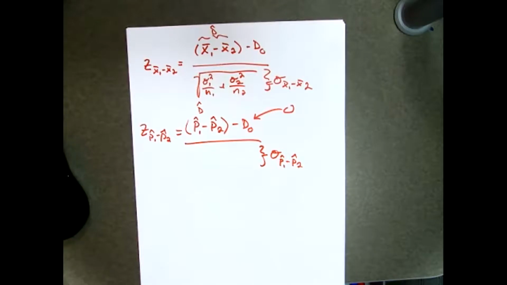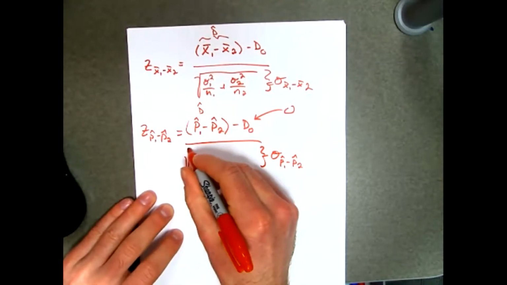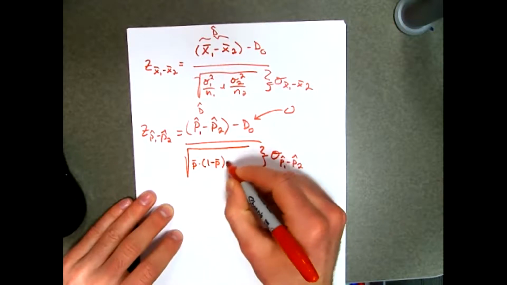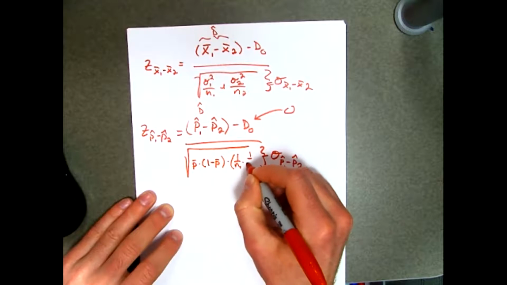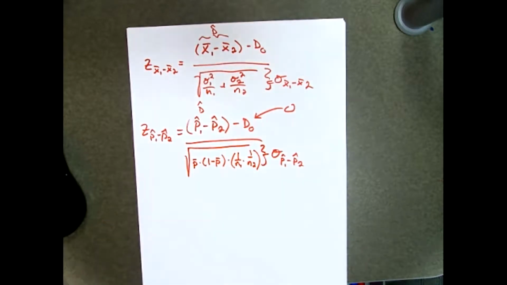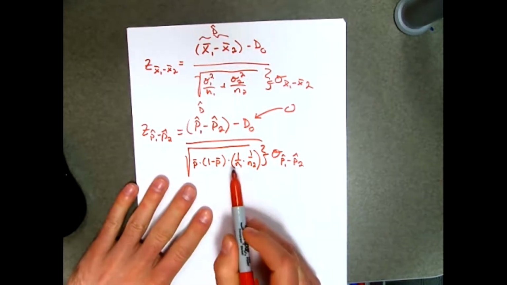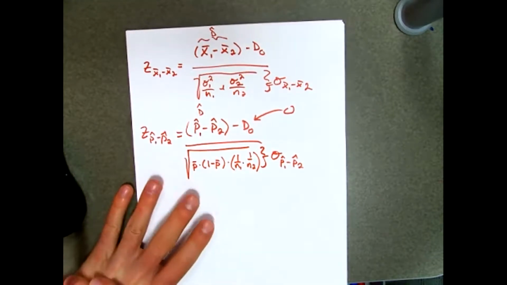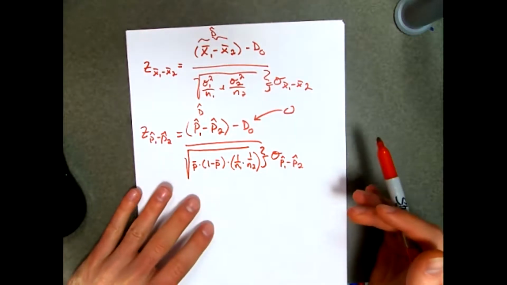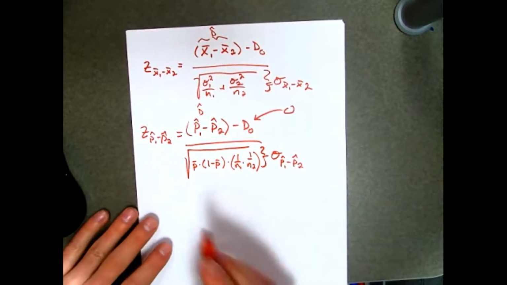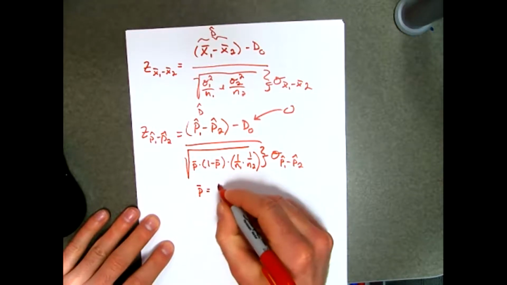So one that universally works no matter what our sample sizes are from the two groups is going to be to take the square root of P bar, which I'll write down what that is here in just a second, times 1 minus P bar, and then times the sum of 1 over each group's sample size. So using this formula guarantees that what we're calculating will come from a standard normal, or represents the number of standard deviations away on a standard normal distribution. Now, the reason why it's a little bit different than what we're doing with confidence intervals, I'll show you in just a second. But P bar here